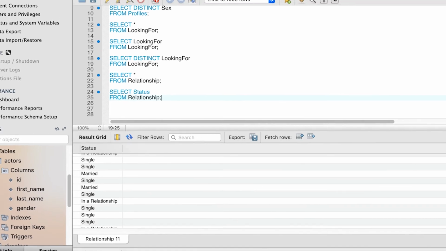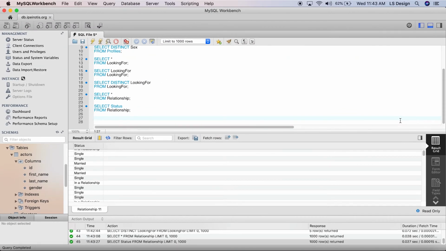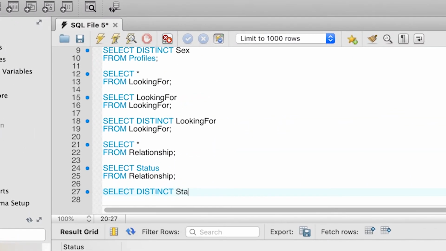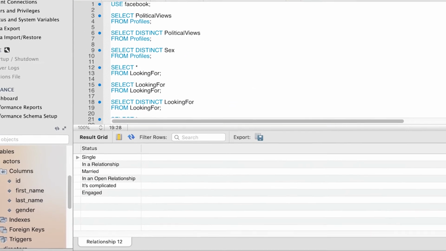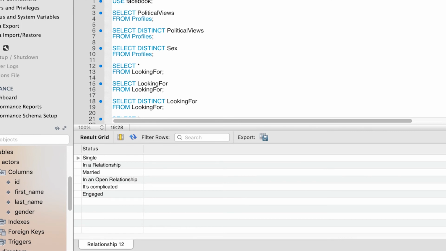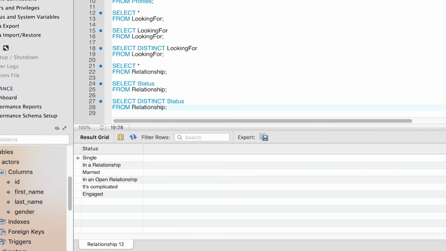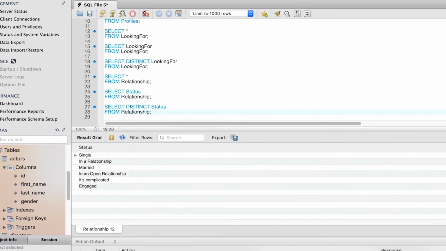To eliminate duplicates, we modify the query and type select distinct status from relationship, and we get back single, in a relationship, married, in an open relationship, it's complicated, and engaged. So now we know what is stored in the status column of the relationship table.